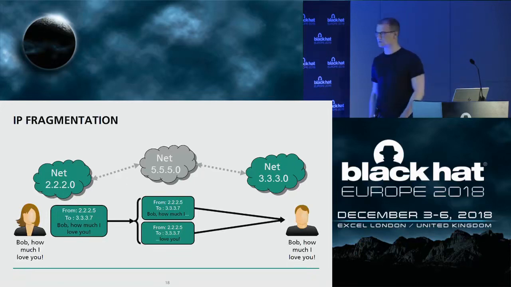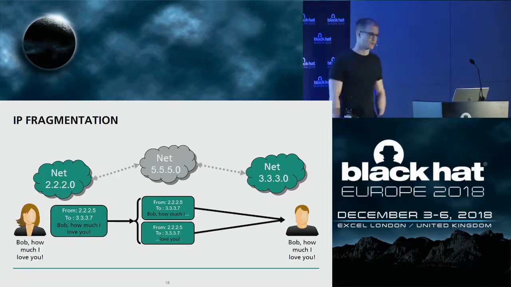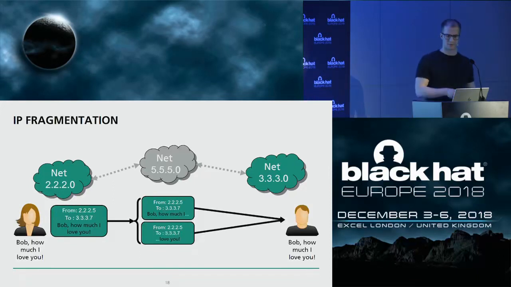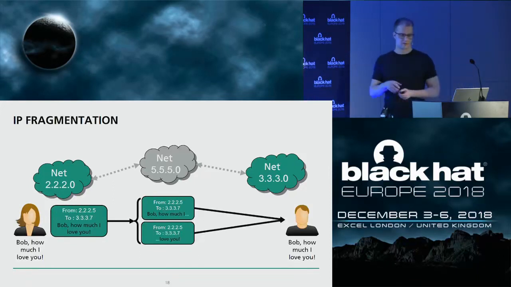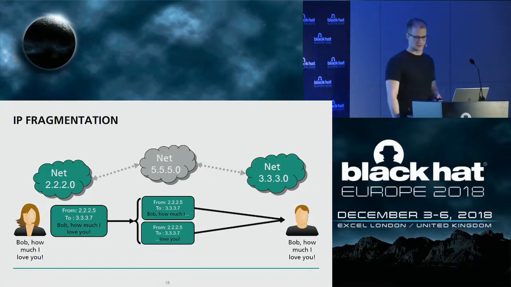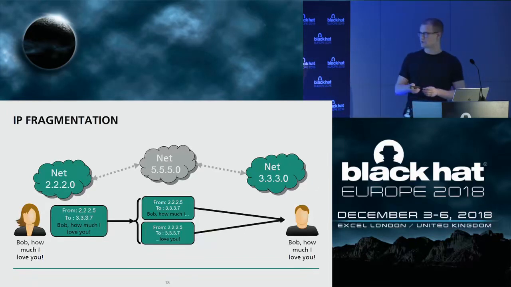Now the packet needs to get split up into multiple fragments, and that can happen either in a router on the intermediate network, or if Alice had requested not to have it split up at a router, the router will generate an ICMP error message and send it to Alice, indicating that fragmentation was needed but not requested to happen.